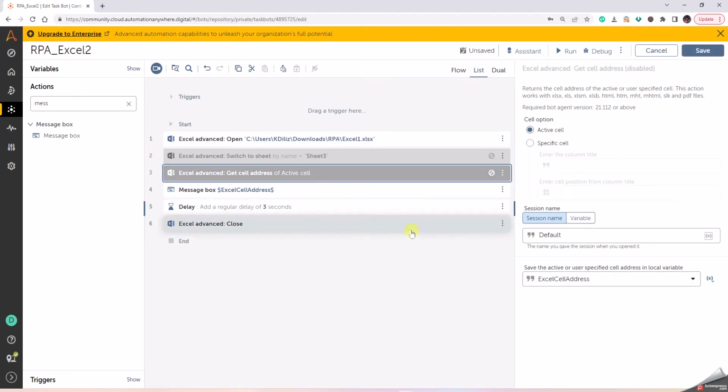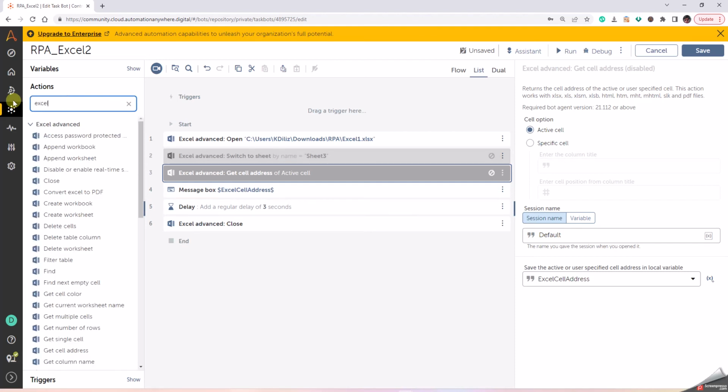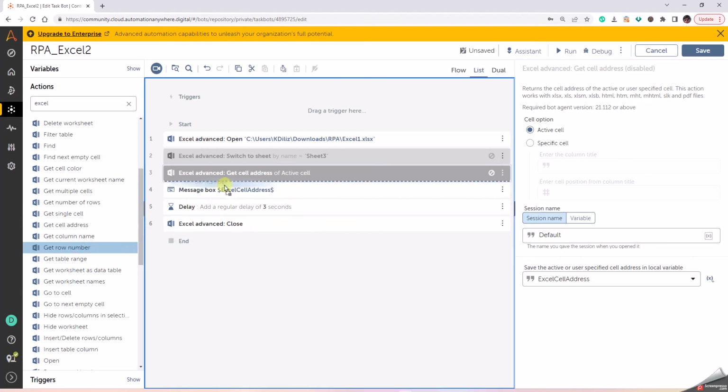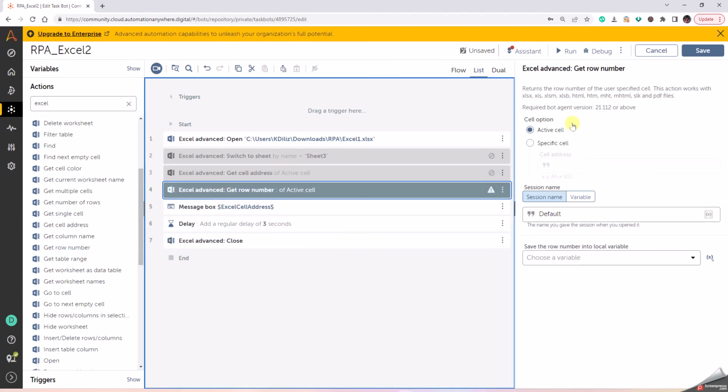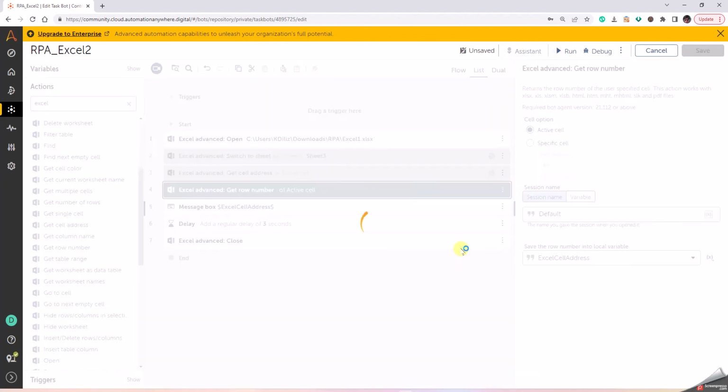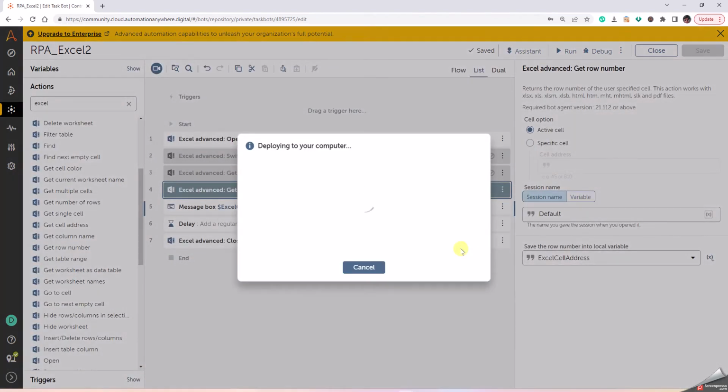Now let's go to the next one, which is get the row number. Back to Excel actions. Now we want to get the row number. So let us scroll down and say get row number. As you see here, we can do it for the active cell or specific cell, session default, and let us choose a variable. Let us reuse the Excel cell address and then click on run. Now we will get to see the row number, which is third row. So we will get the information as 3 in the message